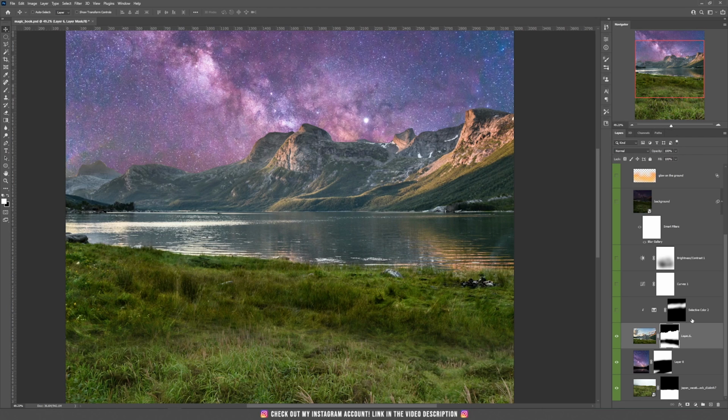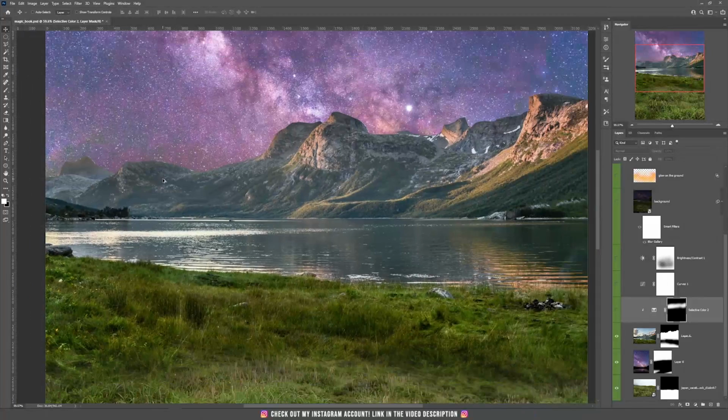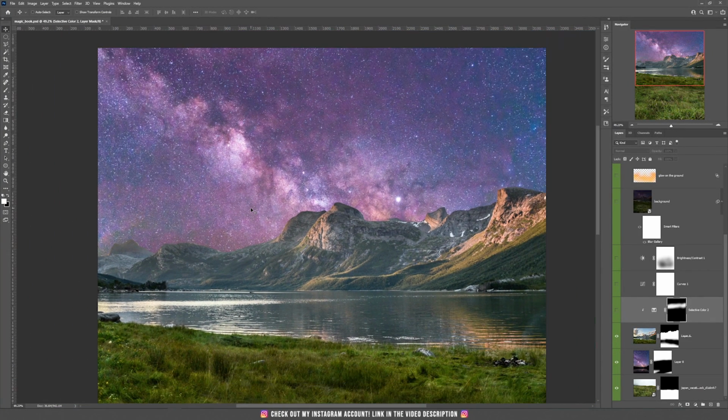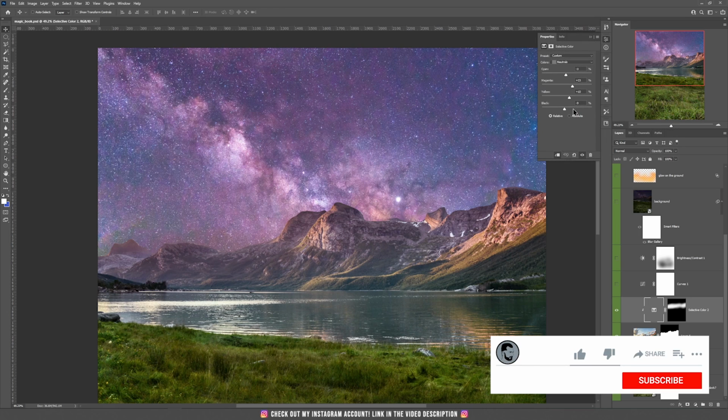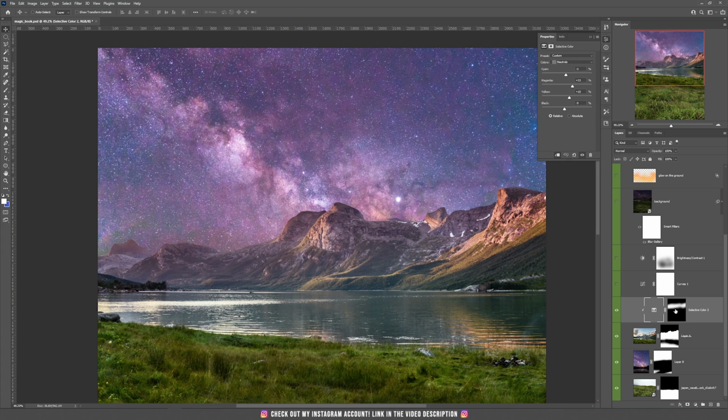All right, then if we are looking at the sky, it is like a magenta sky, and our mountains are like bluish gray mountains. So what I have done, I have added a selective color and I have modified the cyan, the magenta, yellow and blacks to add magenta tones to the top part of our mountains. And then because everything was